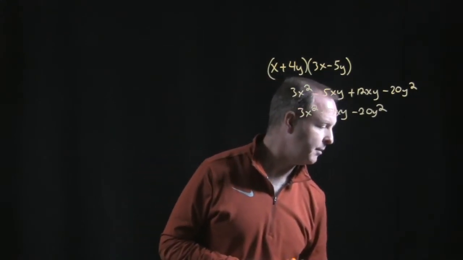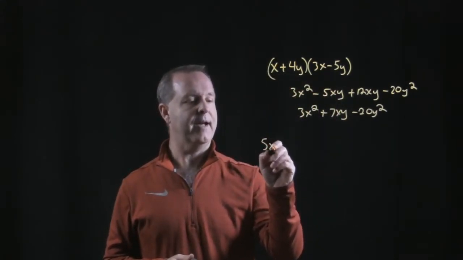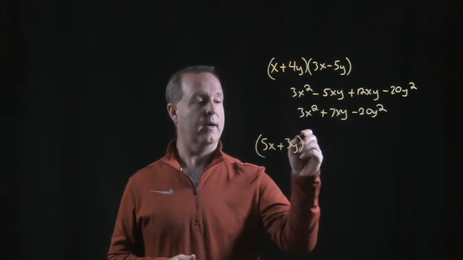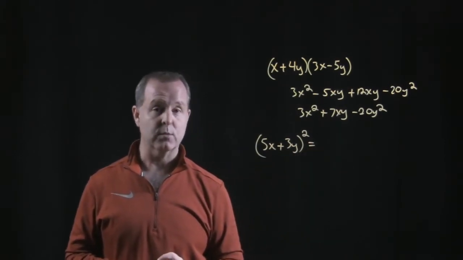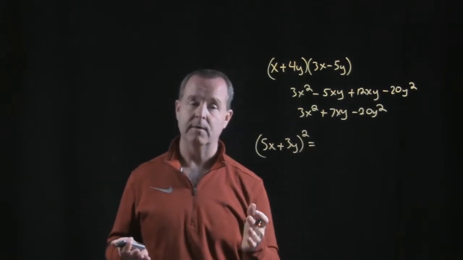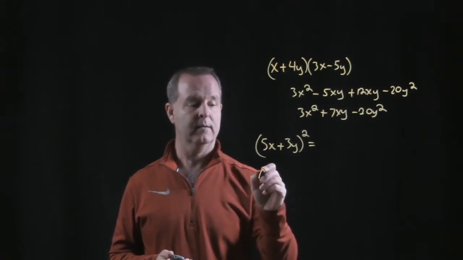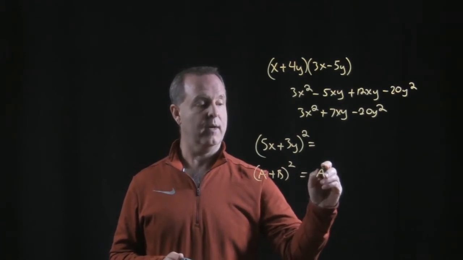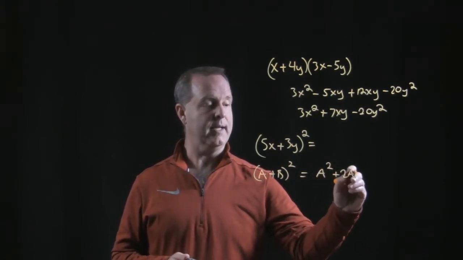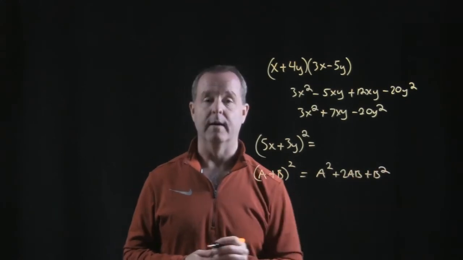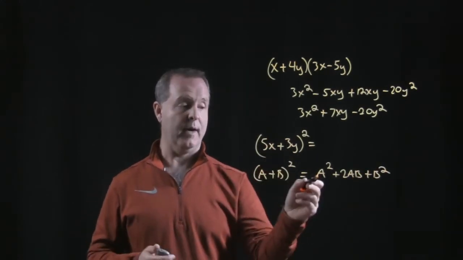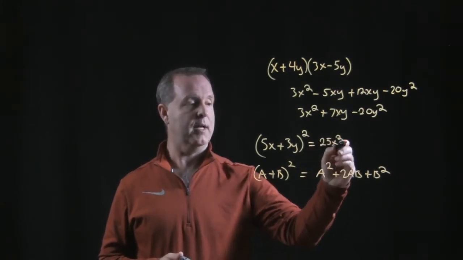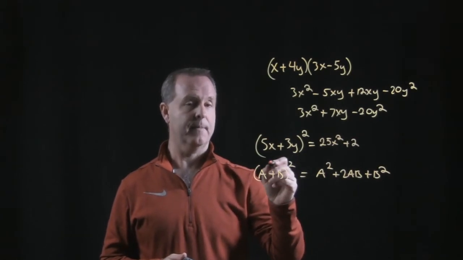Let's look at another example. 5x plus 3y squared. Do you recognize that as one of our special products? I hope so. This fits into the a squared. Well, if I wrote it as a plus b squared, that equaled a squared plus 2 times a times b plus b squared. So 5x squared, that produces a 25x squared plus 2 times the first term times the second